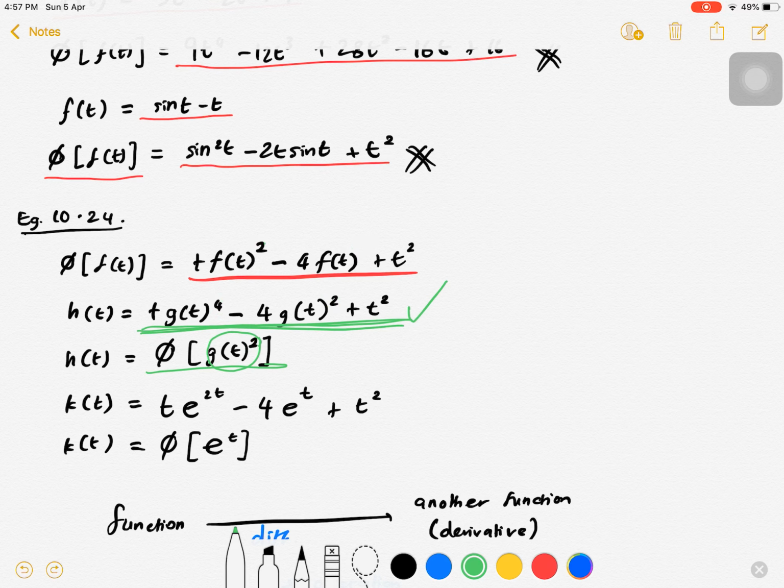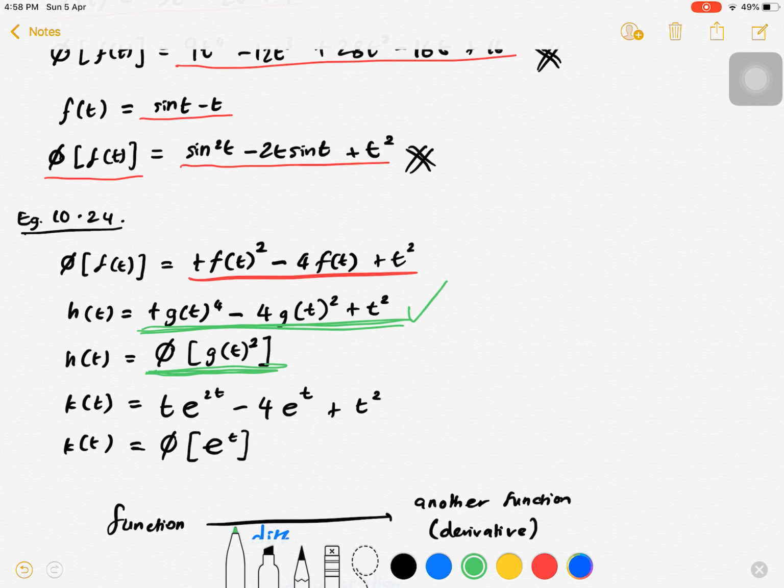So that's why this equation is g square going through operator psi, this one. Okay,